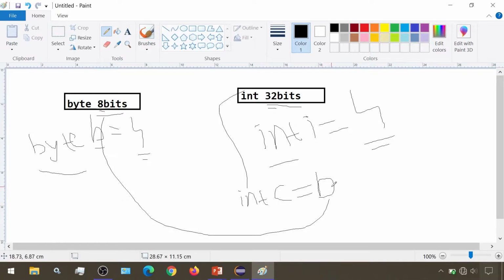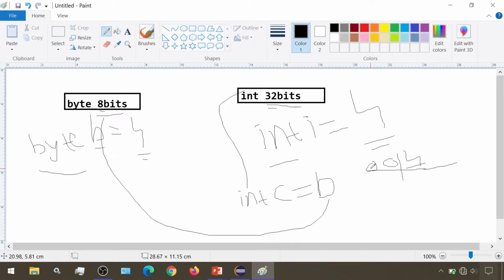The 8 bits of variable b will be copied as they are into the 32 bits of c, and then the remaining space will be filled with zeros. So if this is our memory, then the 8 bits of 4 will be copied here, and the remaining space which is left will be filled with zeros.